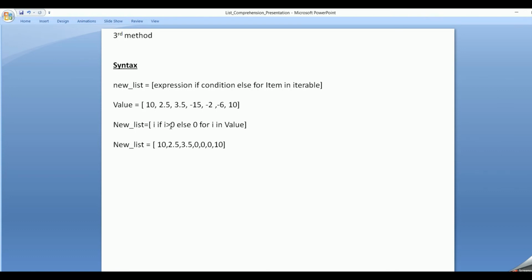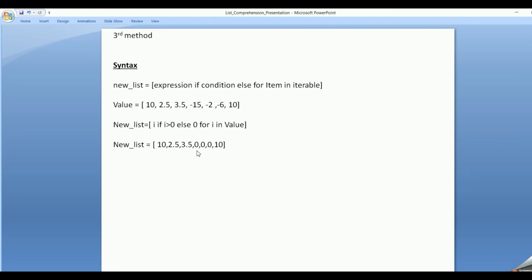Is 10 greater than 0? Yes. So it will print 10. Next i iterates to 2.5. Is 2.5 greater than 0? Yes. It will write 2.5. Next iterate to 3.5. Is 3.5 greater than 0? Yes. It will write 3.5. Then it comes to minus 15. Is minus 15 greater than 0? No. So it will go to the else part, and here we have specified 0.